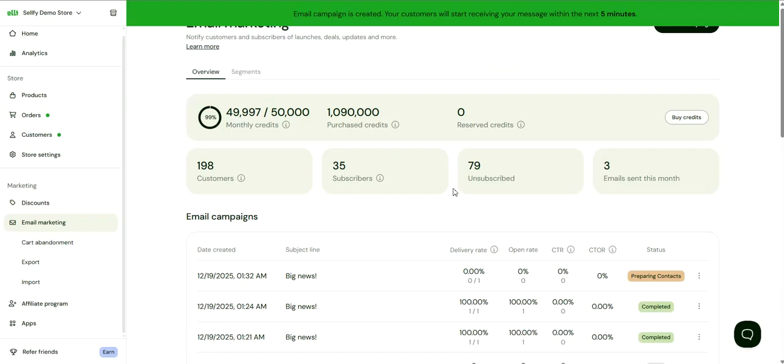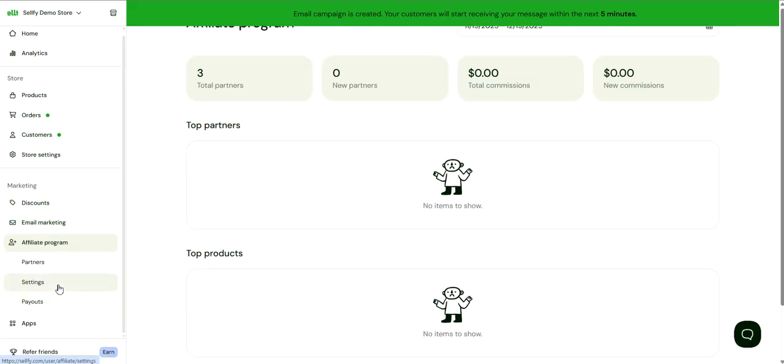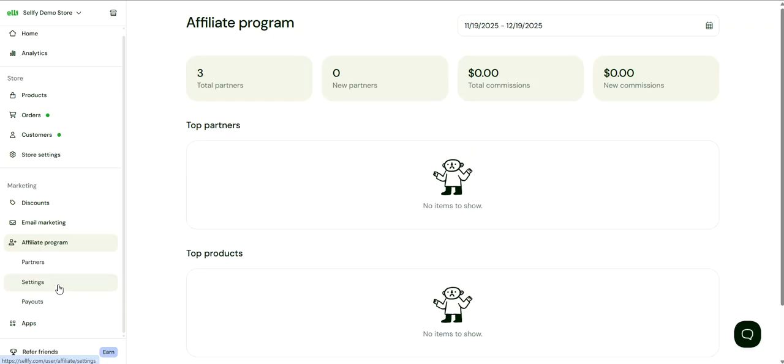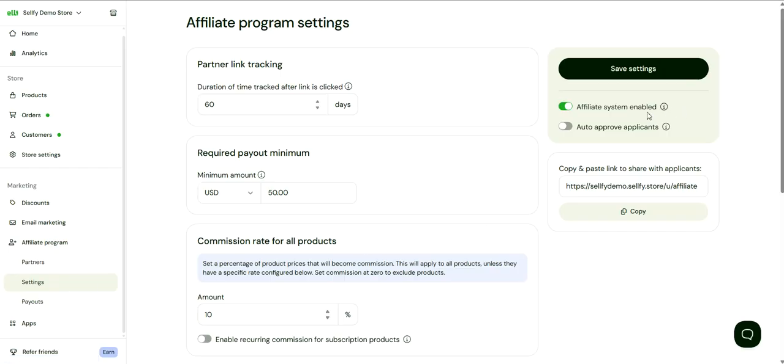Finally, you can grow your business with an affiliate program. This lets you reward fans, influencers, or partners who help promote your store. Go to Settings to enable the affiliate system, set your commission rate, and get the sign-up link to share with